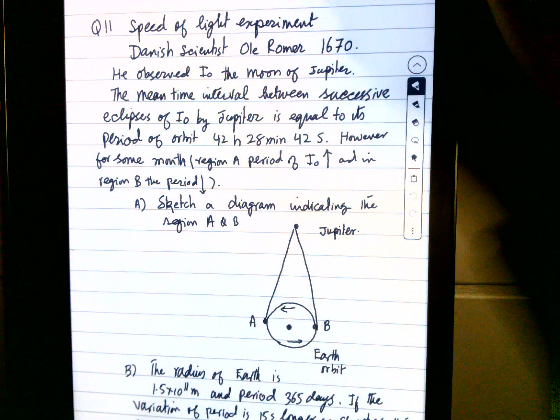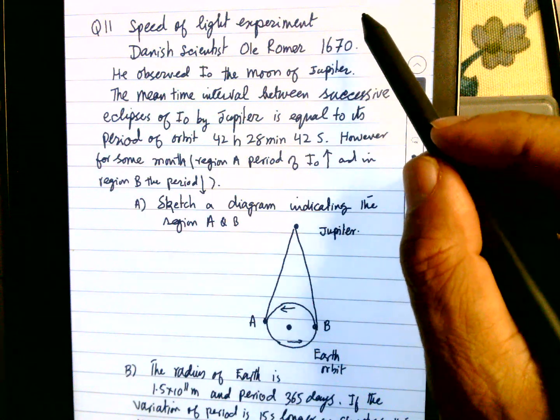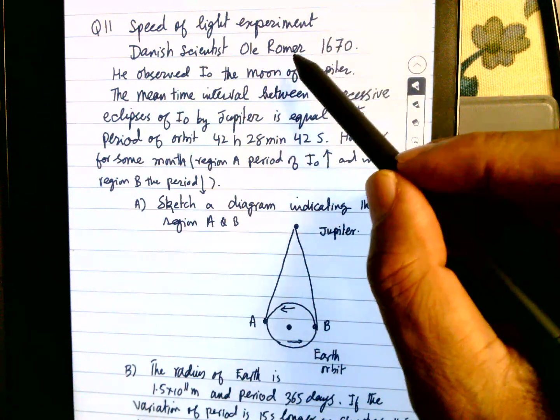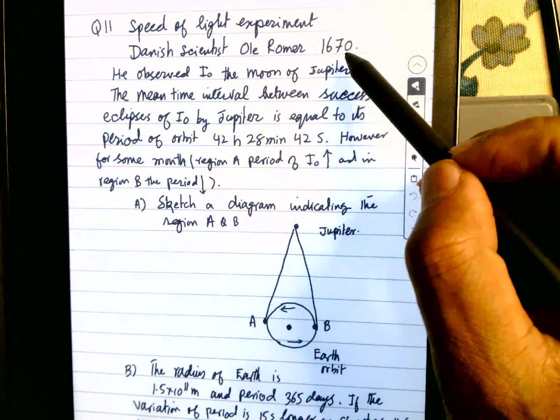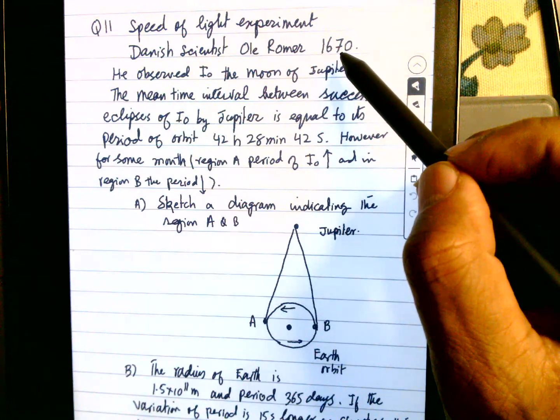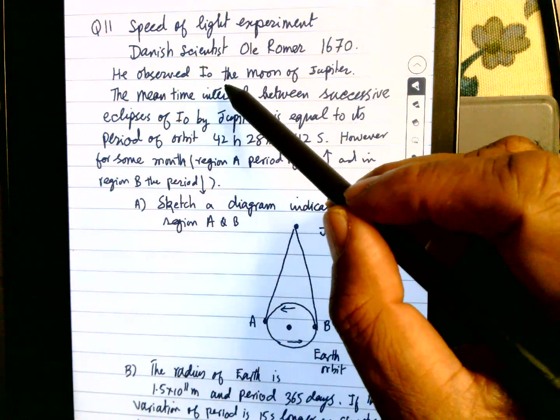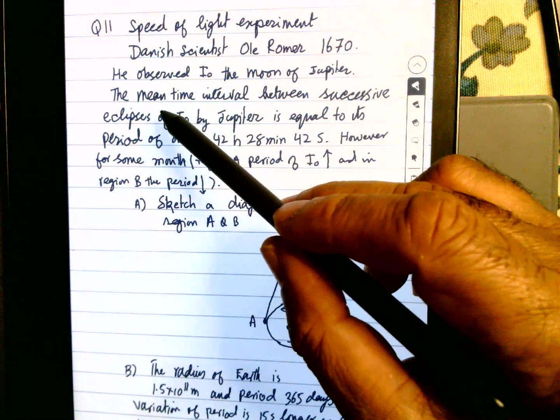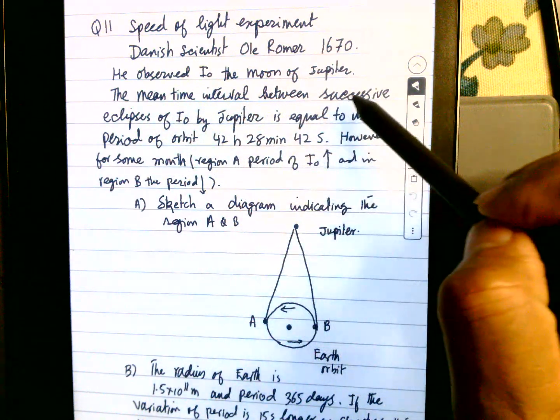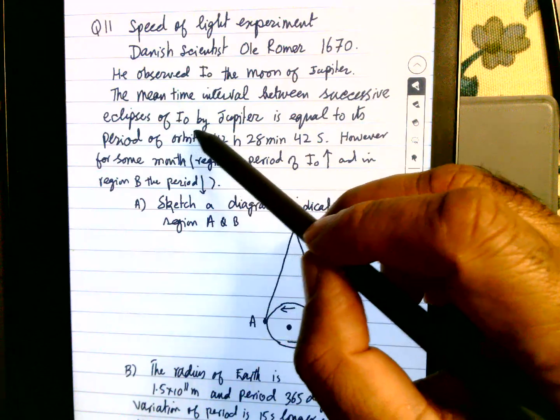Hello, physics. This is a very interesting question. The question says that the speed of light can be measured by an experiment. A Danish scientist, Romer, in 1619 performed the experiment. He observed Io, the moon of Jupiter, and the mean time interval between the successive eclipses of Io